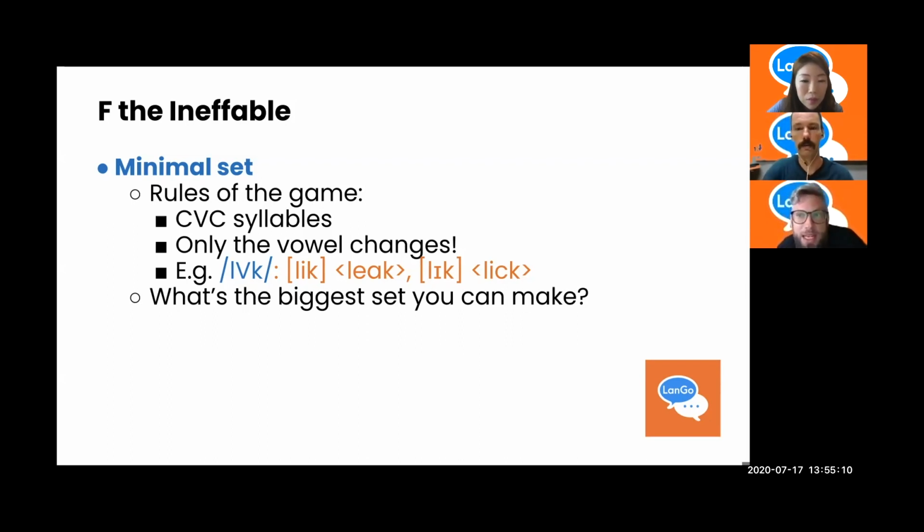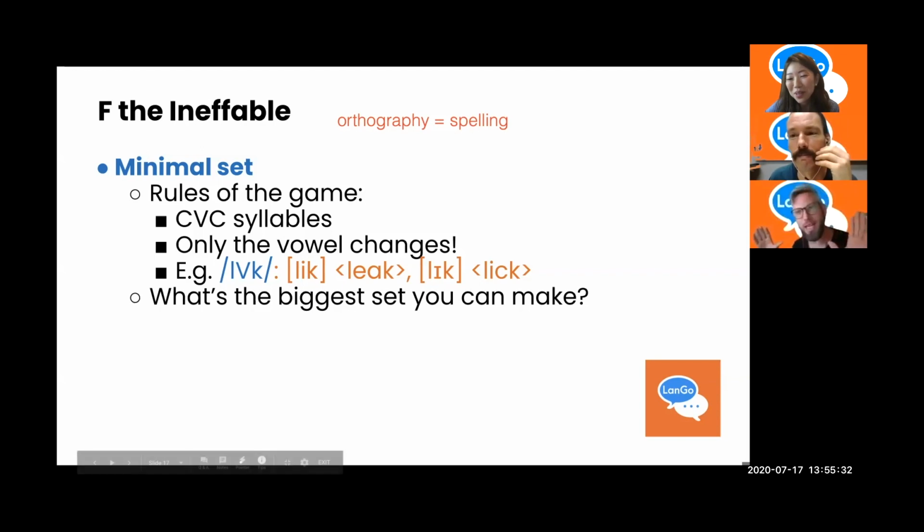So what's the biggest set you can make? I mean, we couldn't do all the vowels with L and K. And if you do L and K, you're not going to be able to do all the vowels either. But there's a lot of good combos. I did not pick the best one for an example because I was hoping someone would suggest an awesome minimal set. We will call you the LanGoat. If you get all the vowels in your minimal set, you'll become the LanGoat. G-O-A-T, greatest of all time at Lango.